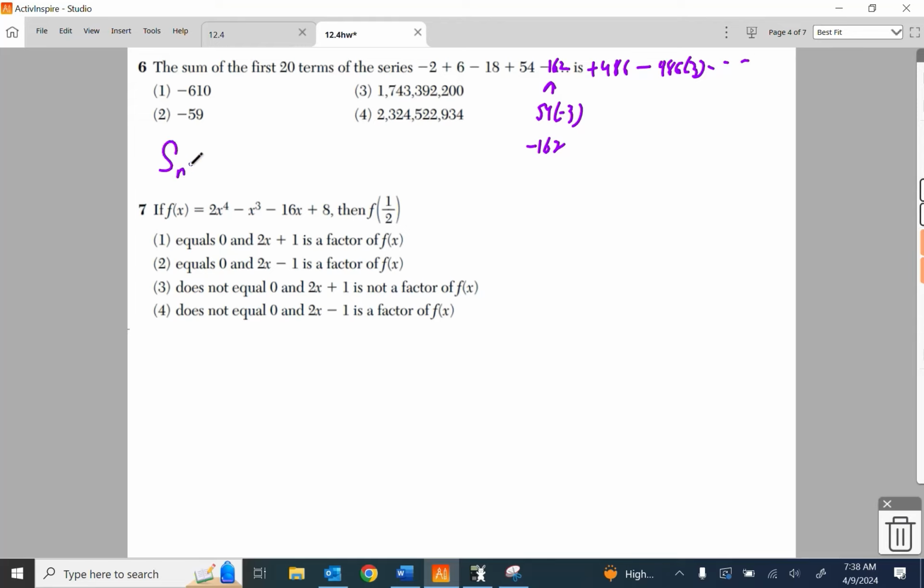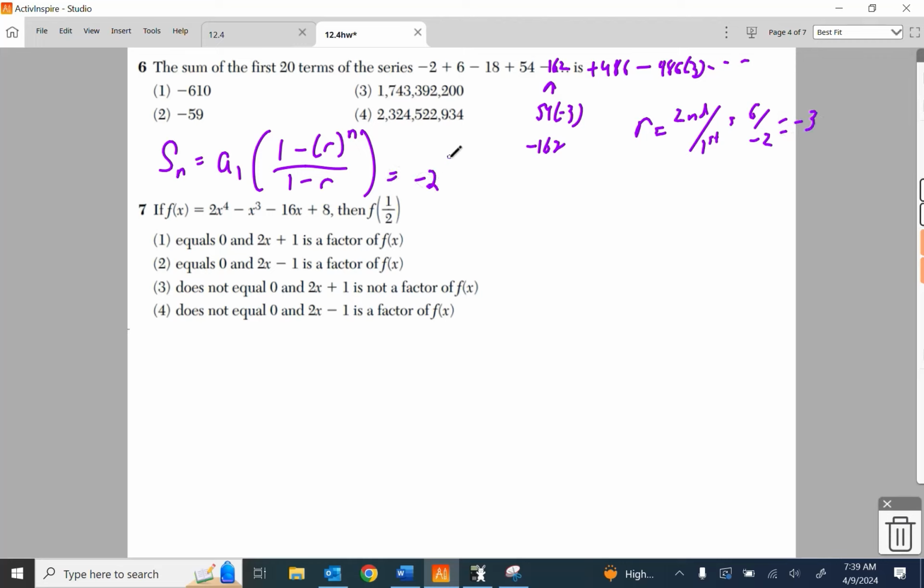The sum of n terms is the first term times 1 minus the ratio to the n, sitting over 1 minus the ratio. Your ratio here is literally second over first. So it's going to be 6 over -2, which is -3. And the first term is -2. So I have 1 minus, negatives get put in parentheses, there's 20 terms. We did a whole bunch of these. That's going to be over 1 minus a -3. We did a bunch of them. It was on